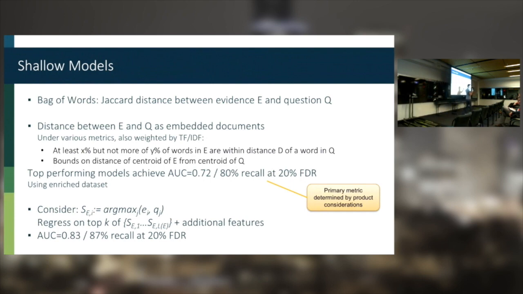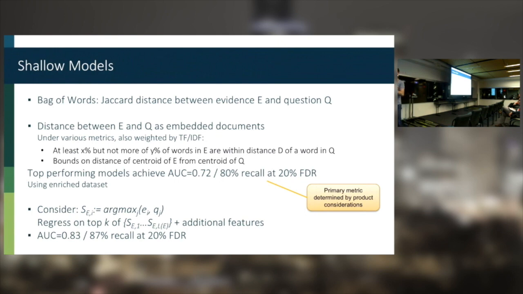The metric we really care about here is something like, what's the recall at some level of false discovery rate? So if you provided bad evidence, what's going to happen? If I decided that you gave us bad evidence, I'm going to ask for more. Well, if you really gave us bad evidence, I'm fine with that. If you gave us good evidence, that's bad user experience.